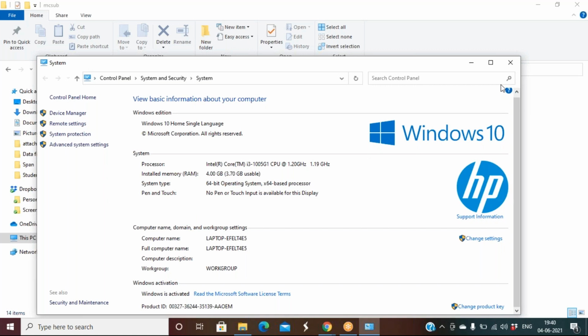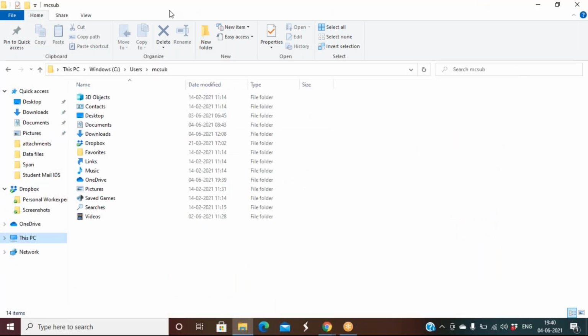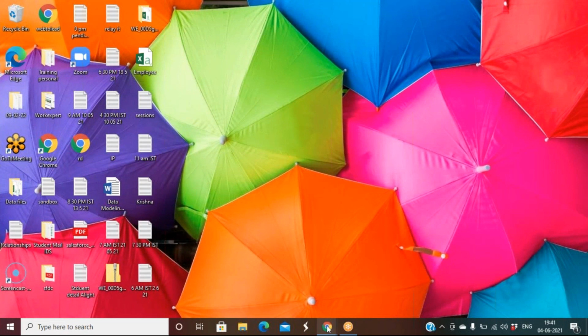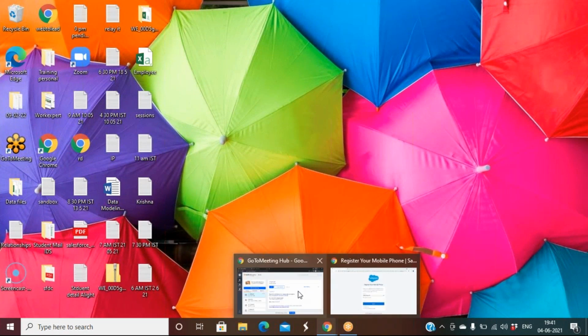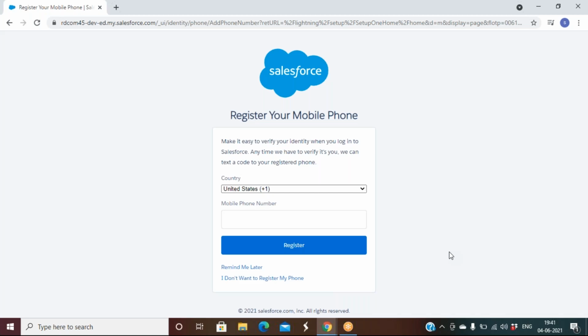So now what will happen when you try to log in the first time, the Salesforce platform, the Salesforce system, on your user ID, it will pick up some cookies. What the cookies means, it will note down your computer name as well as which browser you are using, right? Which version of the browser, whether it is Mozilla, Safari, Internet Explorer, or any other browser.